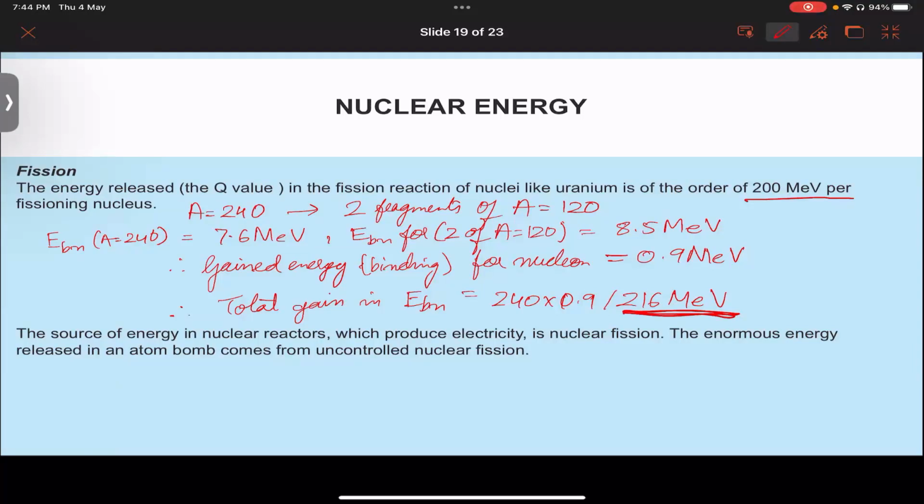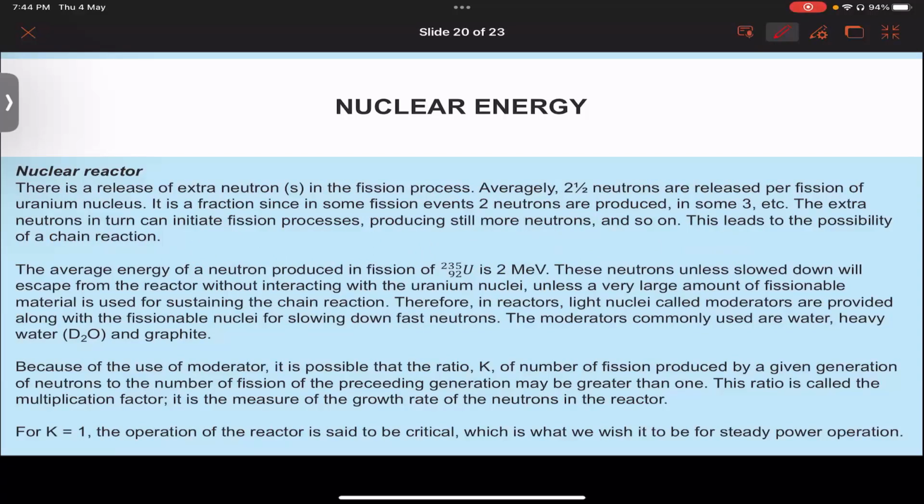So controlled nuclear fission reaction can help you in producing energy, whereas uncontrolled nuclear fission is actually disastrous, and that is where your atom bomb comes in. You can create atom bombs for that. Nuclear reactors are important for us because they say it's a cleaner source of energy, as in you don't have to burn coal or other fossil fuels; they are not required for energy being produced in nuclear reactors.